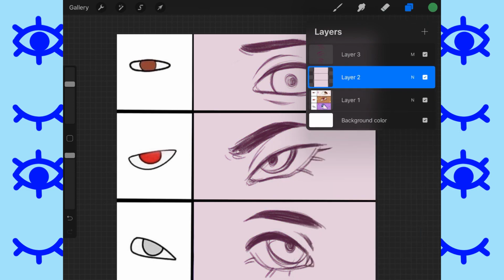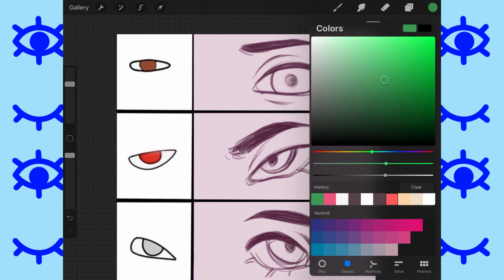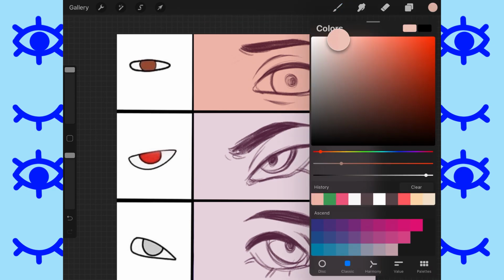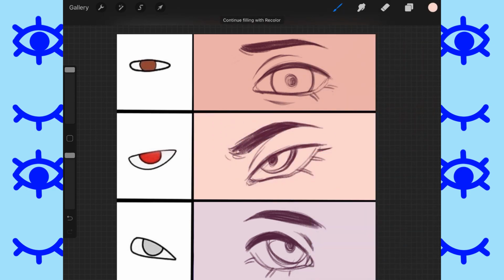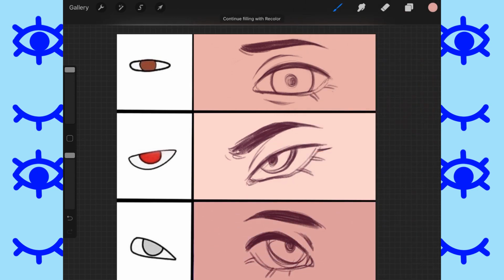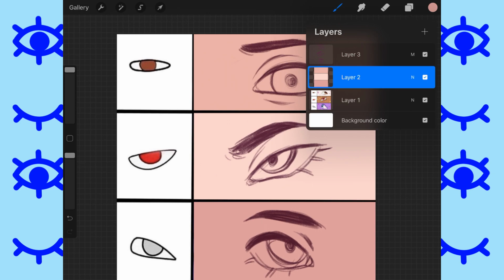So for today's video, before we actually get into it, I just wanted to do a quick little mention of what you guys are seeing on screen. You guys might recognize this as the eye meme that's been going around on Instagram and Twitter as of recent, and I just wanted to do it in real time so you guys can see how I personally would illustrate these and just have it be a really cool, chill, laid back video,